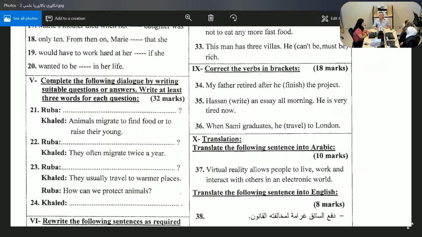Yeah, we move to "when Sami graduates." When we had this exam, for the future, a lot of people were confused. They thought that this is a conditional sentence, so we can use the zero form of the conditional. I mean by zero form, we can say "when Sami graduates, he travels," in the simple present. It was not accepted in the simple present because the zero form usually talks about habits and facts. I mean something that is repeated a lot of times, not just one time.